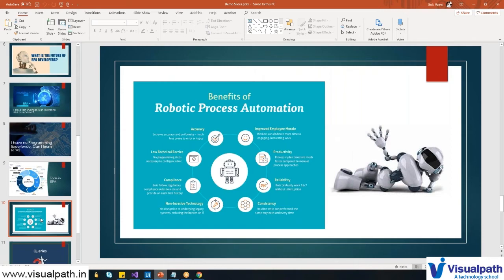Okay, so now the next thing is the benefits of RPA. When things are getting automated without you being there, what are the benefits? One is accuracy. Humans can make errors, right? At least not 100 out of 100 times will you do it correctly when doing the same task again and again. At least one or two times you may make a mistake, for example when typing. But from the robot's perspective, it will give you 100% accuracy, because it will always do as per your requirement.